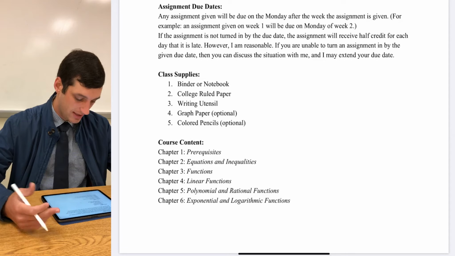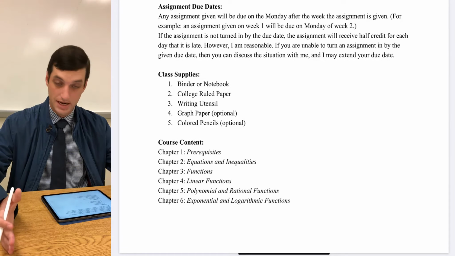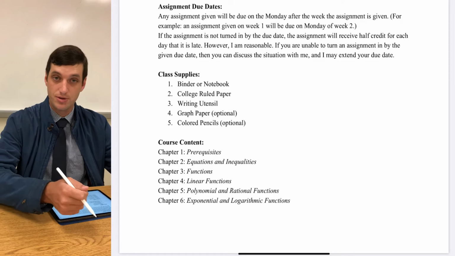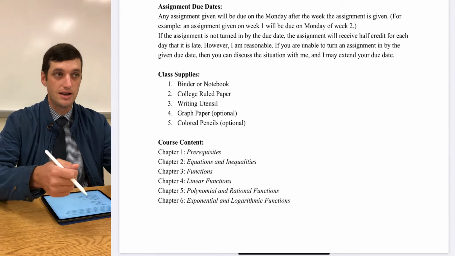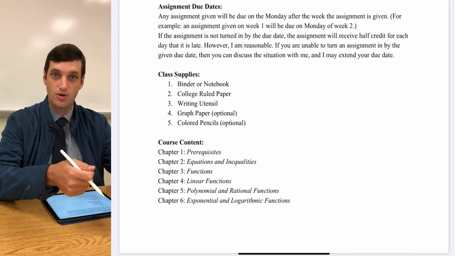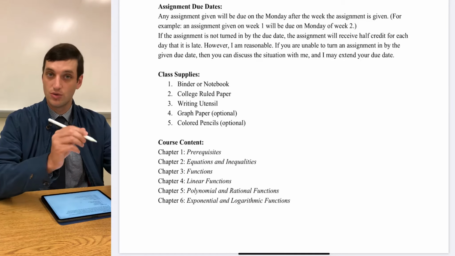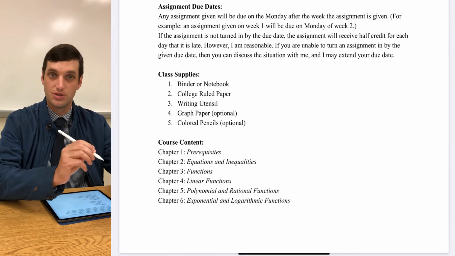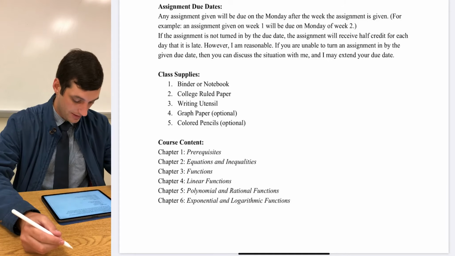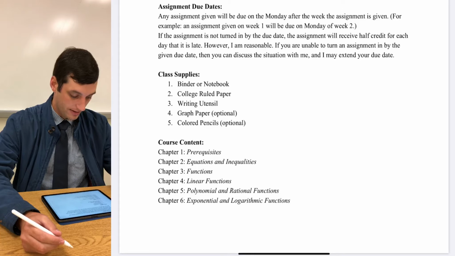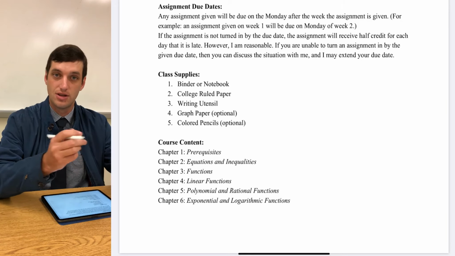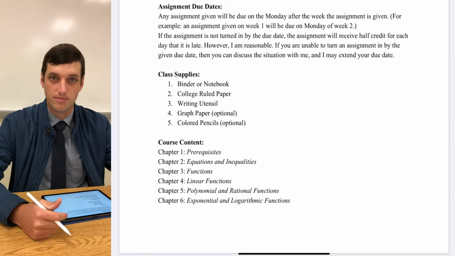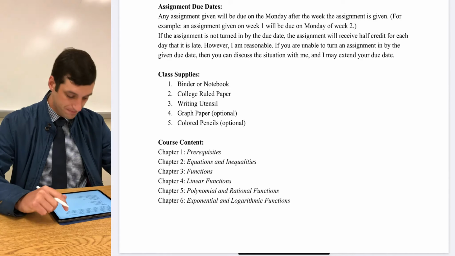From here, class supplies. Really, the only class supply that you need is a piece of paper to do your homework on, and possibly to take notes if you like to take notes. A piece of paper to do your homework on, and something to write your answers with too. So I just want you to have a piece of paper and write your answers on that piece of paper and try to number them next to the